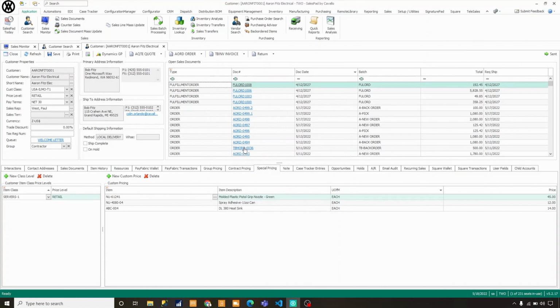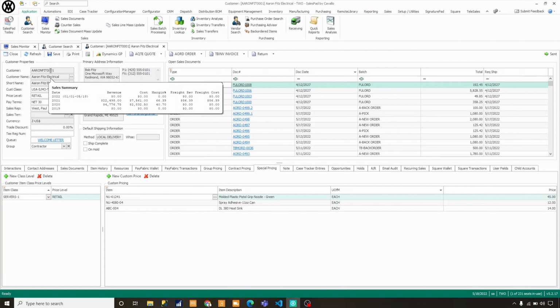Once we close that out, we'll notice that our customer card is broken up into 3 main areas. On the upper left-hand side of our screen, we have our basic GP customer properties. So this will be anything from your customer number to the terms to what price level this customer is placed at in the system. We also have a number of tooltips that we have built out throughout our environment that will allow things such as the sales summary to be pulled to the front of mind and view in breakdowns of revenue, cost, margin percentage, freight revenue, and freight cost, as an example, for the last 4 years of sales